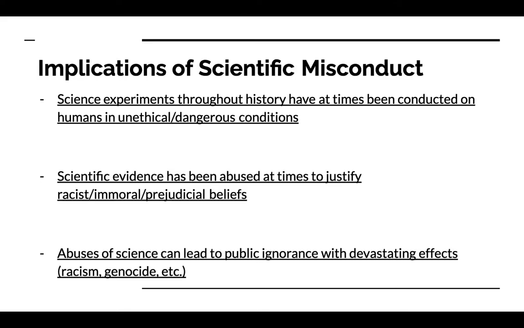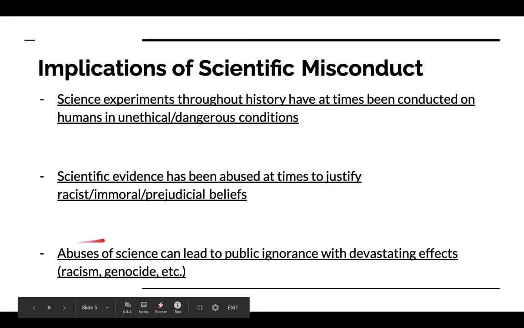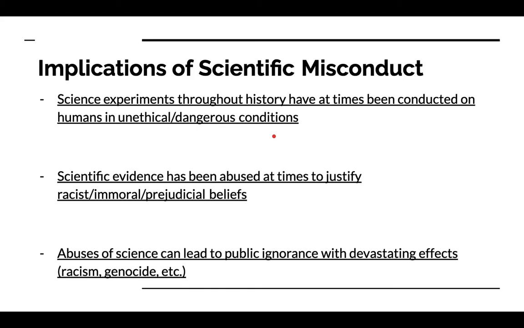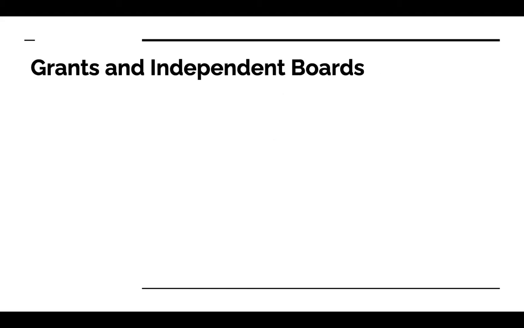So how do we prevent this? We've looked at in the past couple of lessons how to prevent these last two bullet points, but we haven't really talked about how to prevent unethical or dangerous experiments. So how do we prevent unethical or dangerous experiments from happening? Okay, dangerous experiments are just quite frankly too dangerous to carry out or don't have enough scientific benefit.